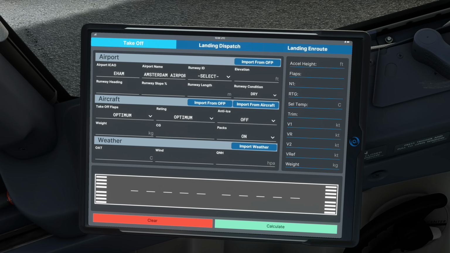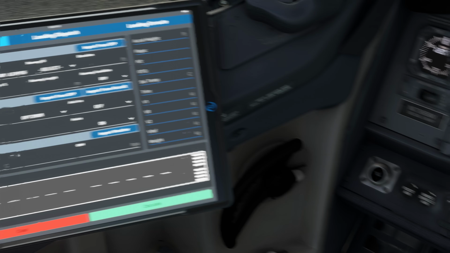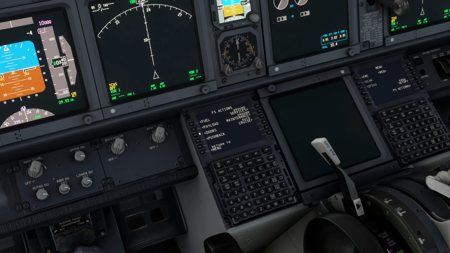Now let's go ahead with what most of you are going to use, and that is the takeoff calculation by the time that we are about to make our final calculations and start our pushback. So we basically start with this once our final weights are given and once the load sheet has arrived. In terms of load sheet, you can simply use the payload menu over here to get your takeoff weight